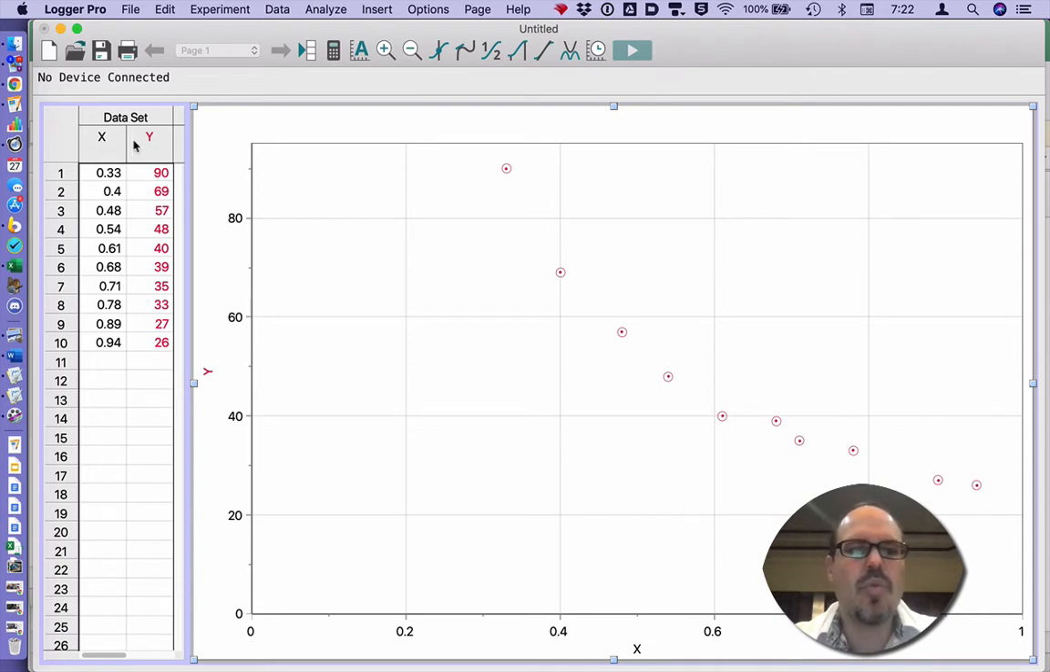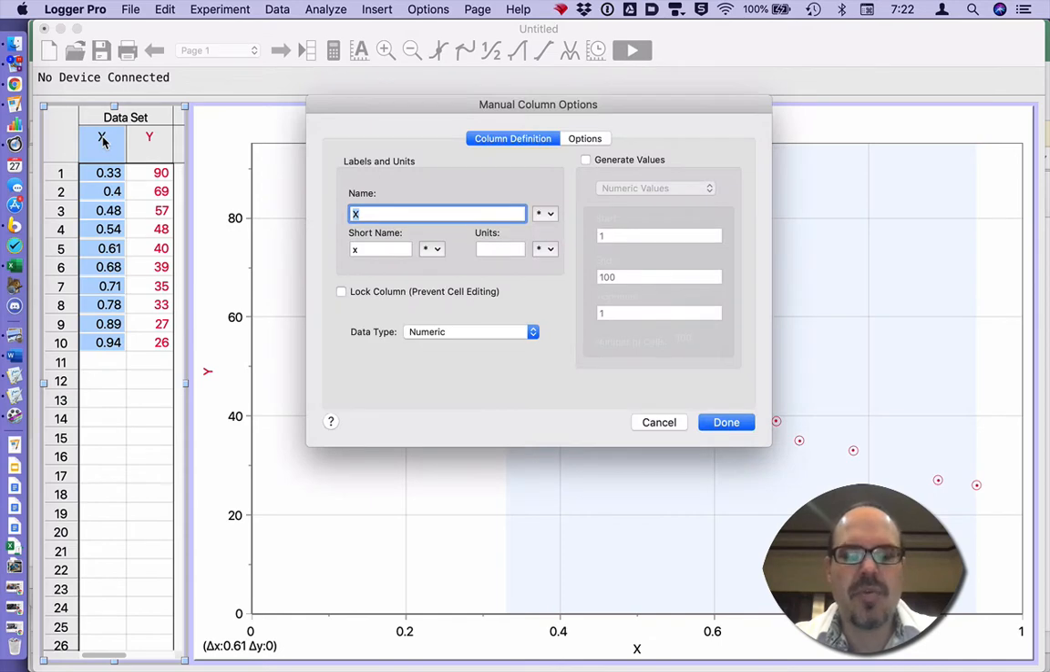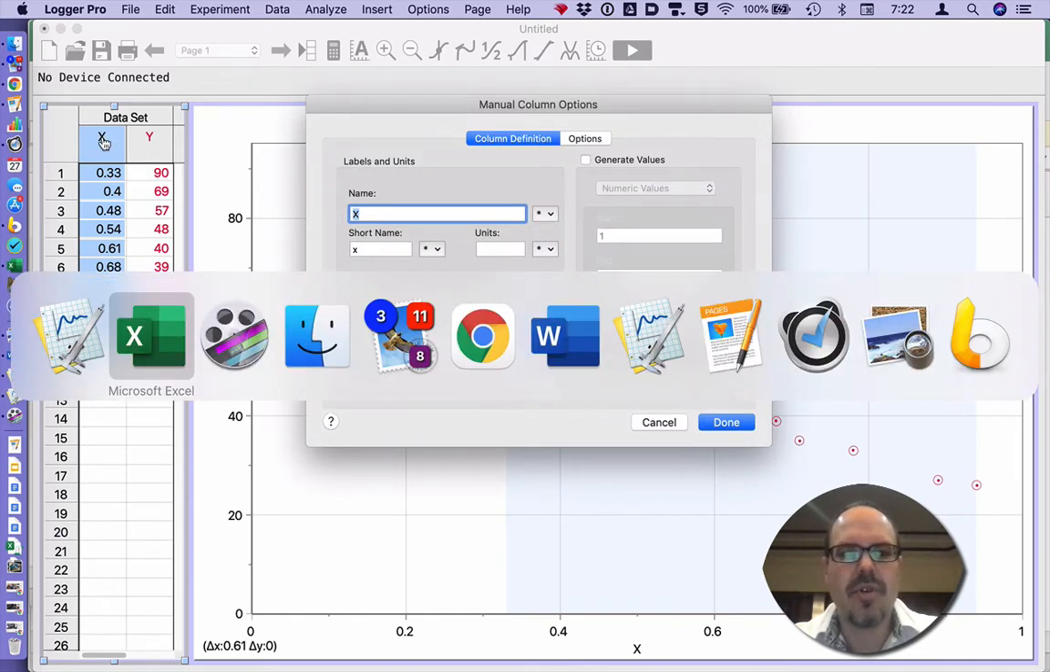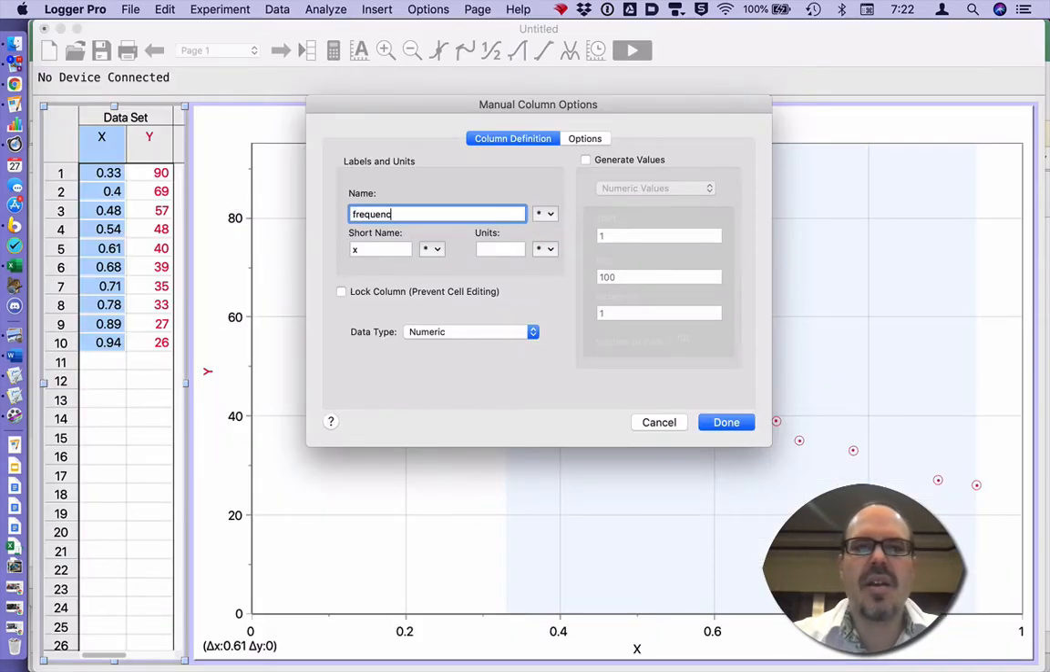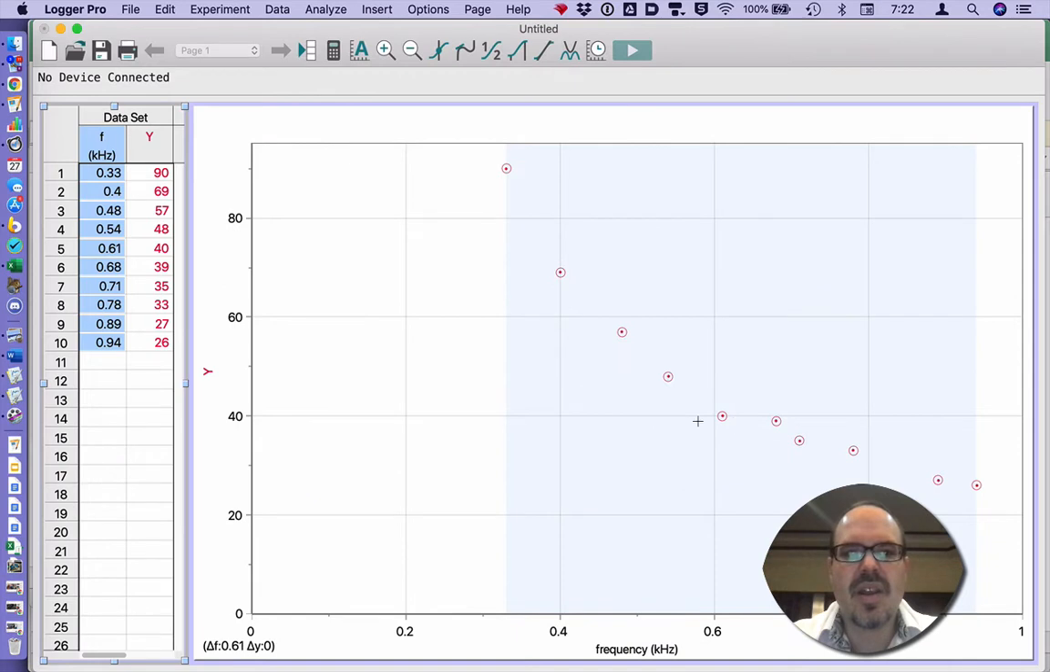We have X and Y. So we're just going to double click on X, and we're going to write in our name. Our name for our X was frequency. Our short name will be the symbol, which is F. The units are kilohertz. It puts a short name there because frequency doesn't fit in the column, but you can see down here it